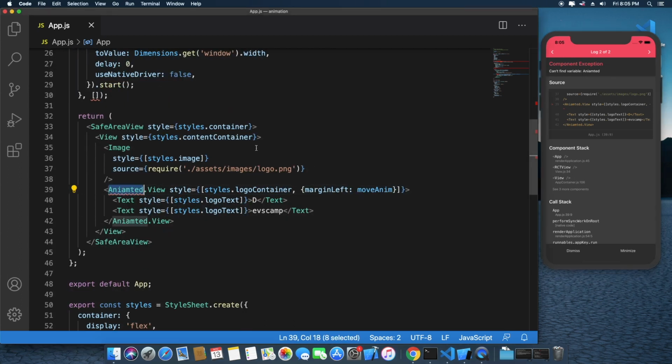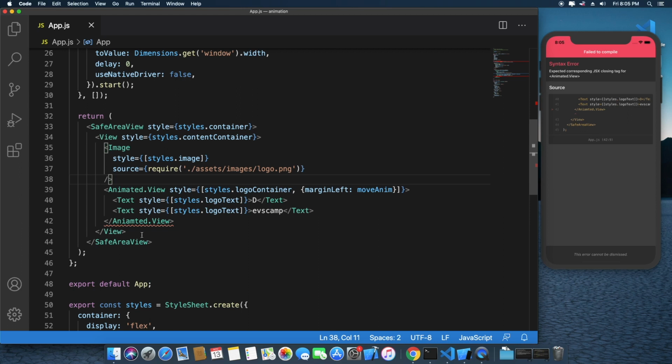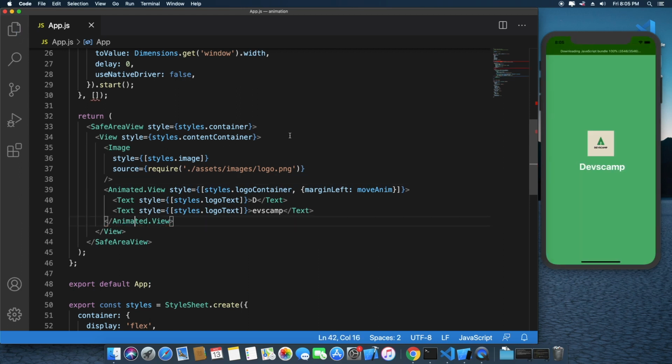Cannot find variable Animated. Animated, yeah, animated. Yeah, its animation is working.